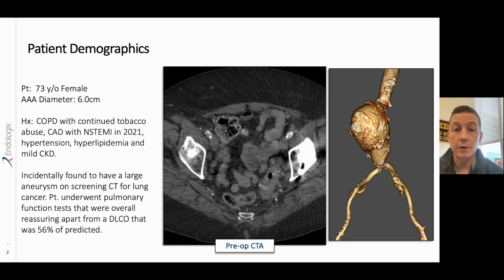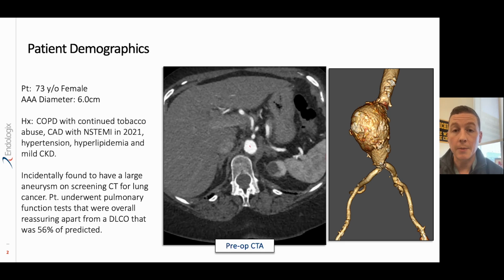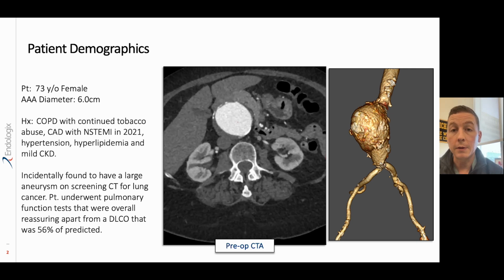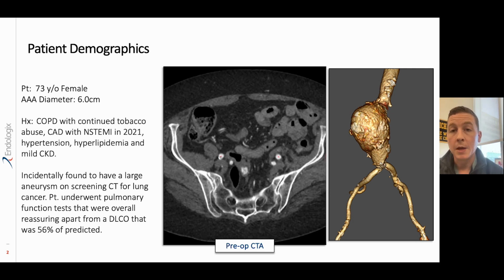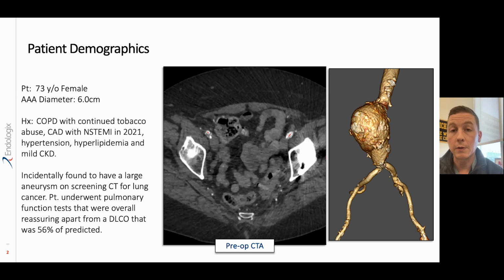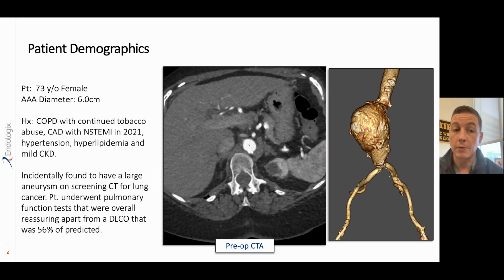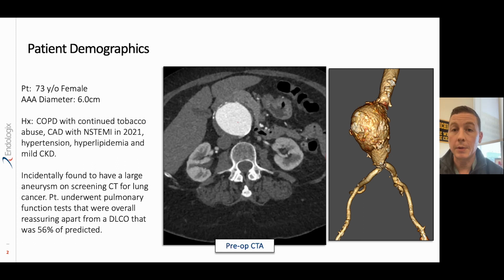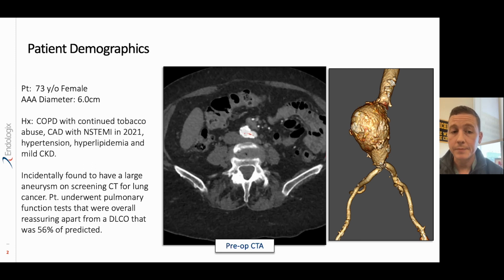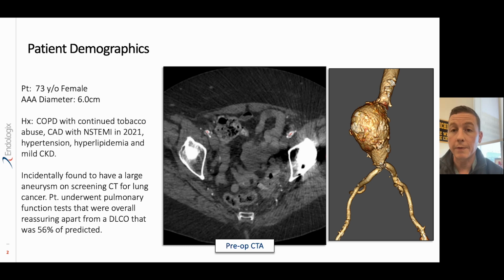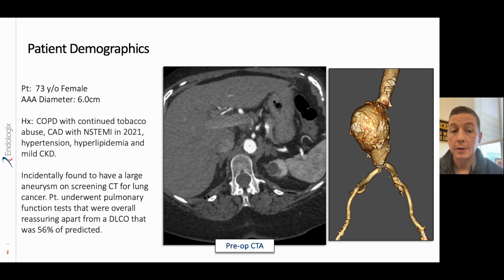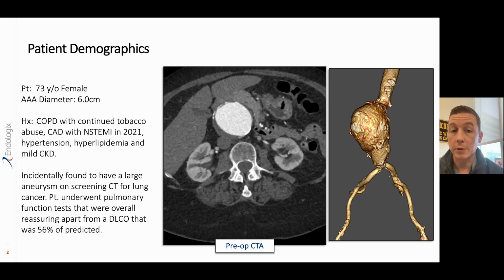She does have a history of COPD, for which she was being screened with a CT scan for lung cancer, given her known continued tobacco abuse. She also has a coronary artery disease history with an NSTEMI back in 2021, hypertension, hyperlipidemia, and mild CKD. On that lung screening CT scan, she was found to incidentally have a large infra-renal aortic aneurysm, which you